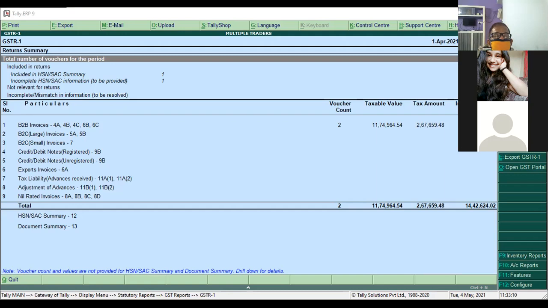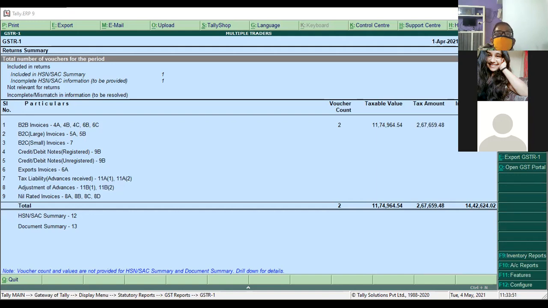Any related supplies you made? Any exempted supplies? Any non-GST supplies? No, nothing is there. This is the HSN code, harmonized system number. This is a dummy code you entered, but it should match with the actual code. There are different HSN codes for different products here. Given total value, taxable value, CGST tax, SGST tax amount. Now documents, nature of documents, there are no documents issued during the tax period.